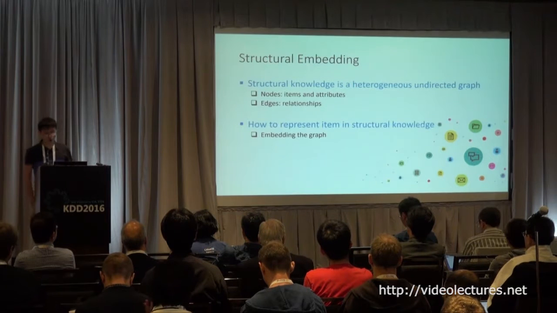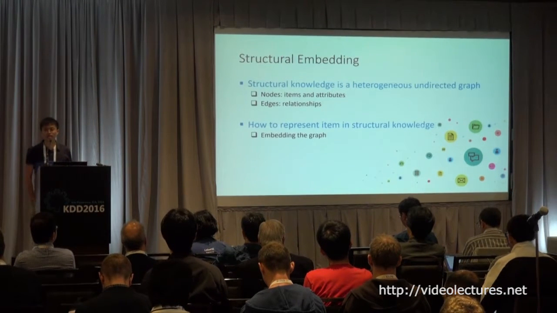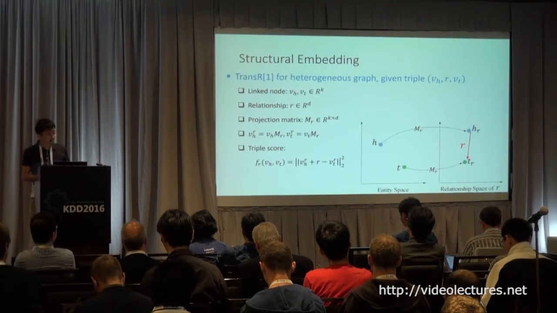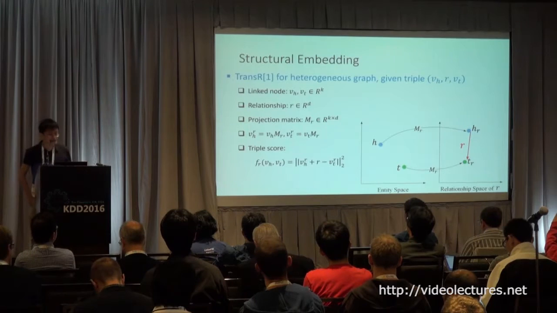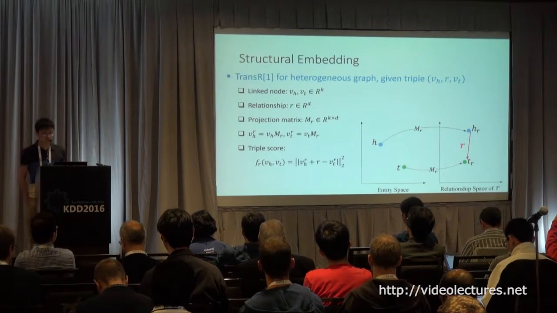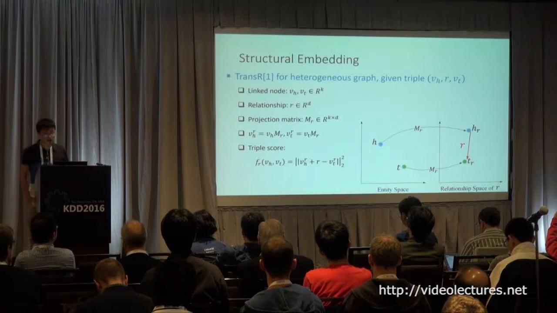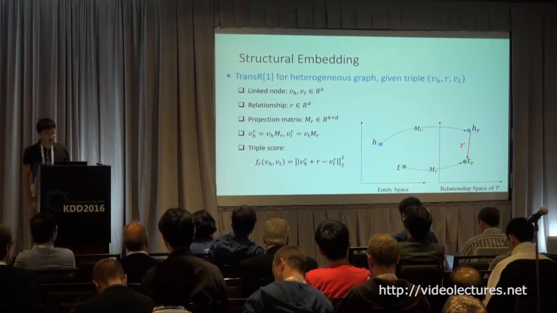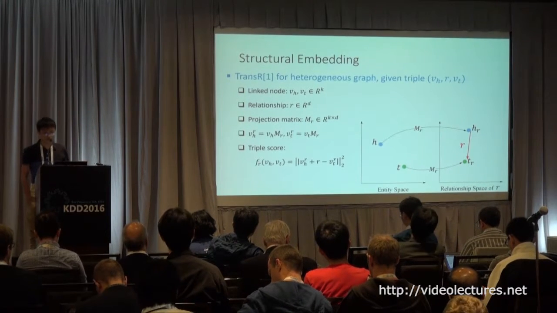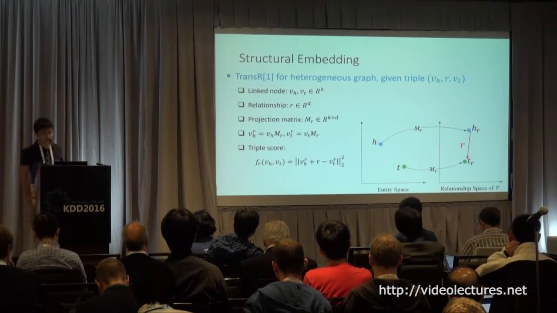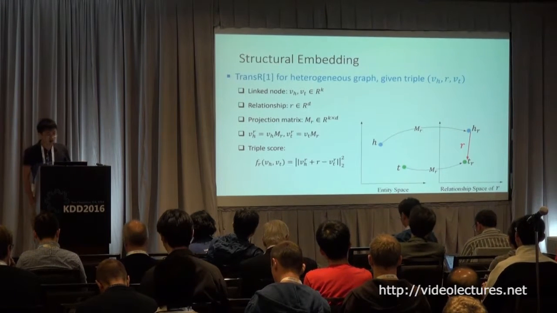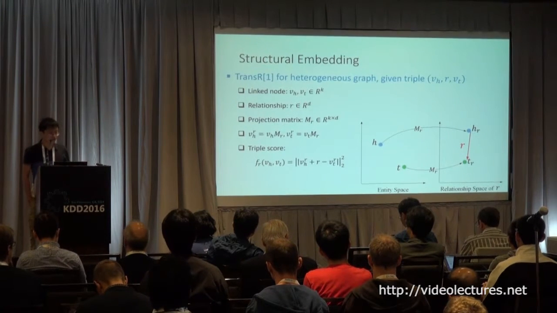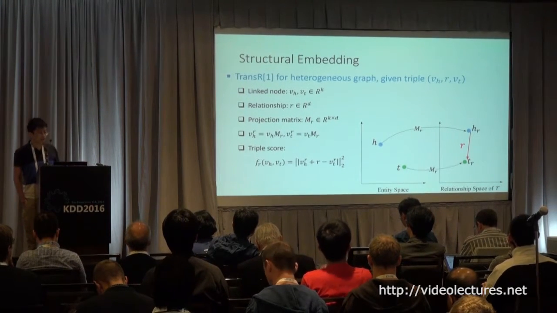For this task, we refer to a network embedding, which is widely used in the traditional knowledge graph embedding research area. So this is this component. In this heterogeneous graph, we use TransR, which is a kind of network embedding method, to embed this heterogeneous graph. Given a triple, which is observed as 2 nodes and an edge in this graph, for each node we will have a vector representation, and for each type of edge, we will also have a vector representation.